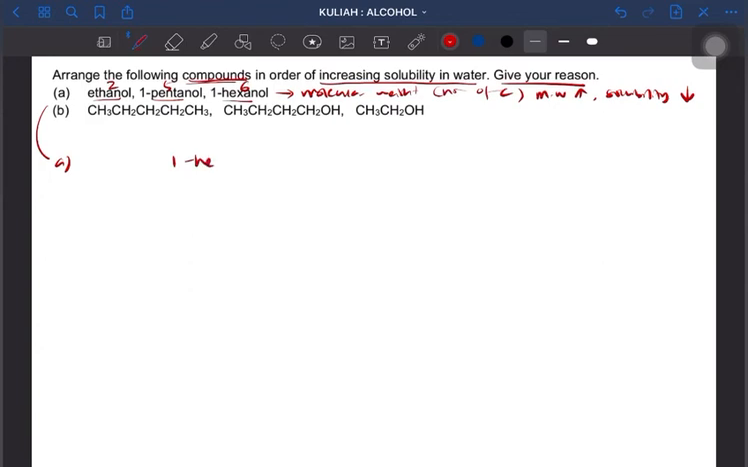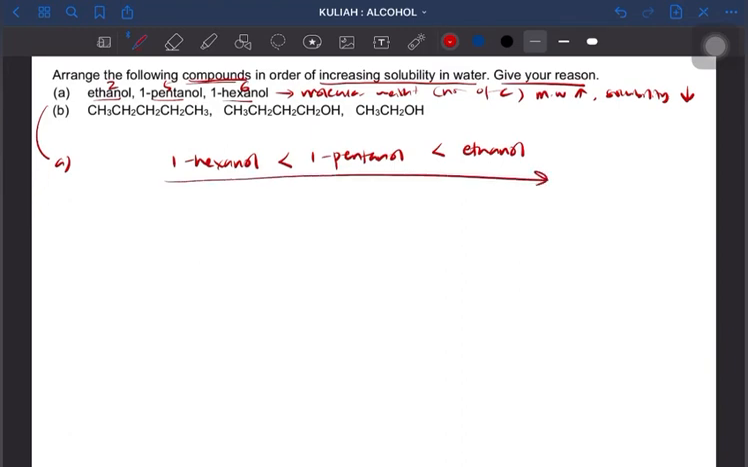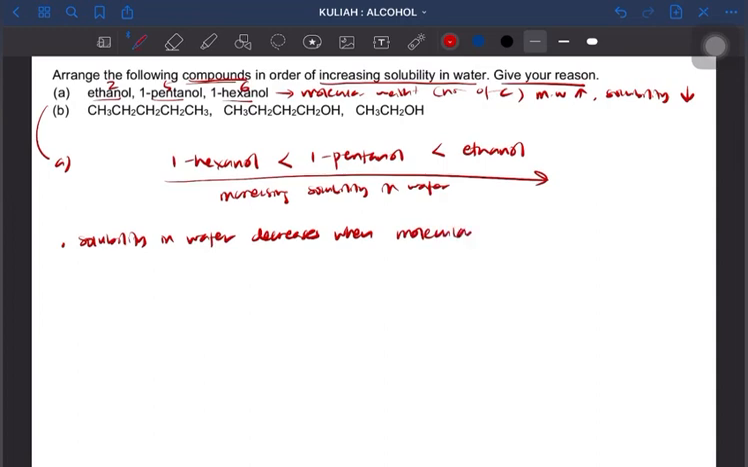is 1 hexanol. So 1 hexanol is less soluble compared to 1 pentanol compared to ethanol. So ethanol paling soluble lah. So this is increasing solubility in water. Okay, so point pertama awak boleh kata dekat sini, solubility decrease. Solubility in water decreases when molecular weight increases